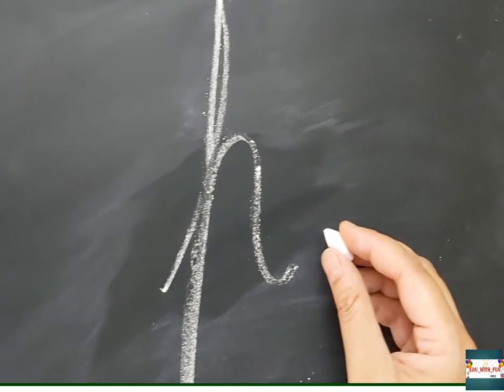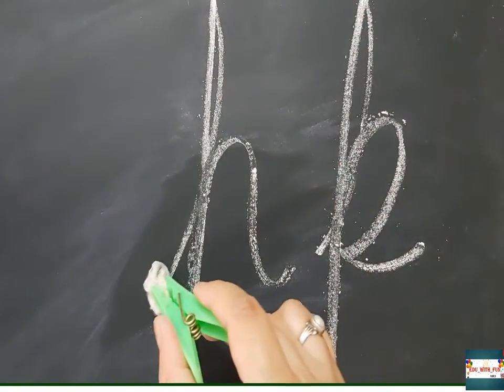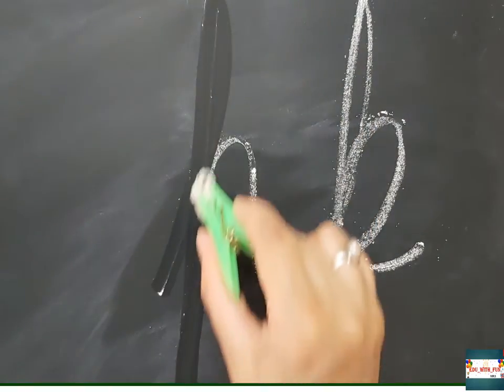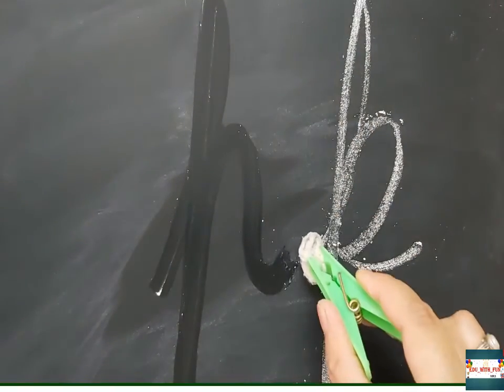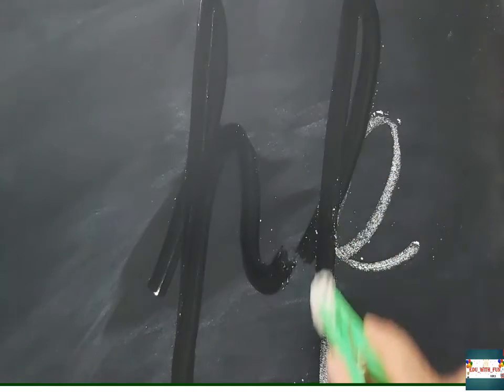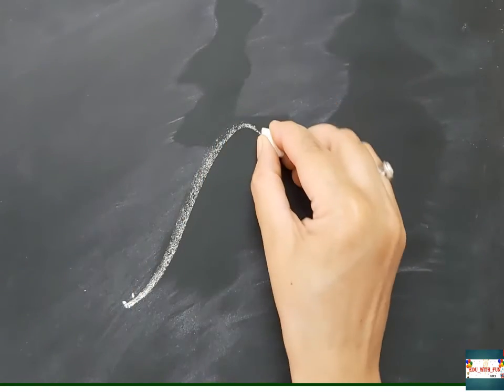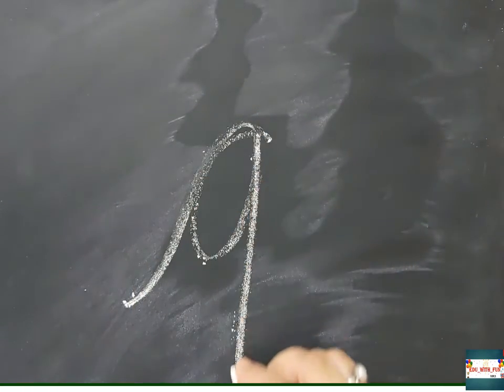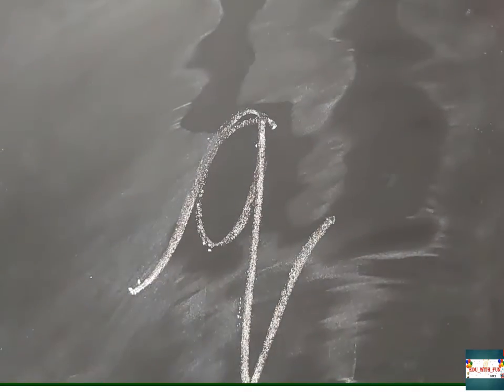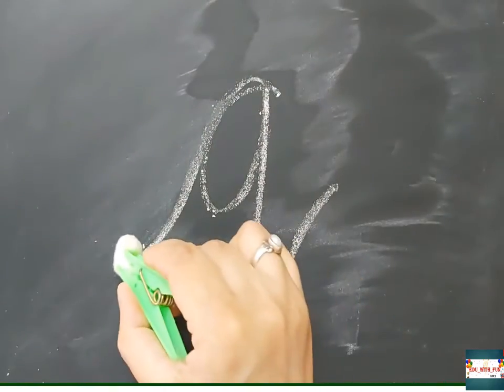Now this is letter P. This letter P, few people write in one pattern, which I have shown you, which I'm wiping right now, and another pattern is a closed loop. So closed P is like this. You can teach both the patterns, but I suggest you teach only one pattern because all the schools are teaching a different way.